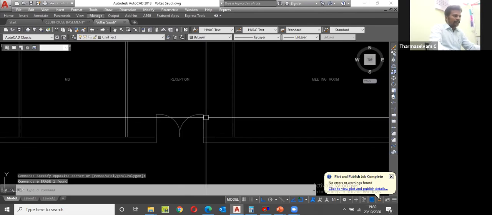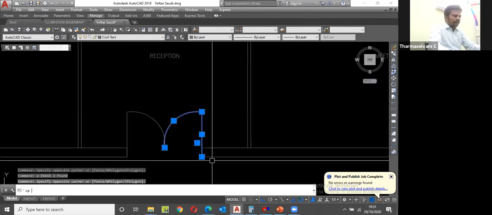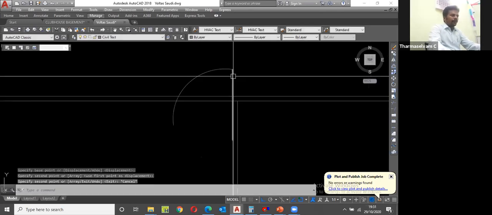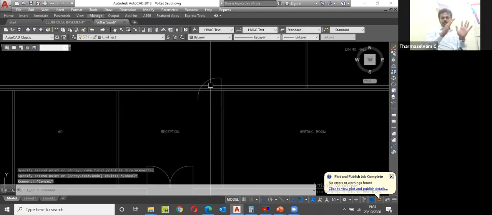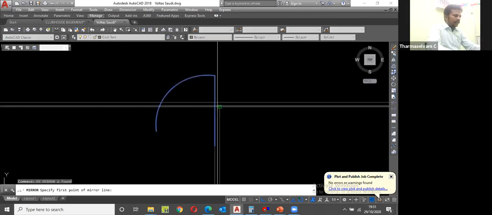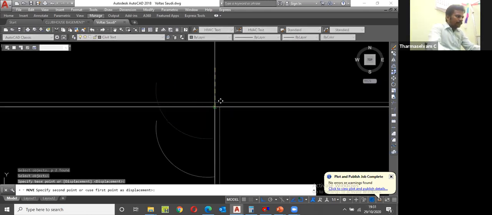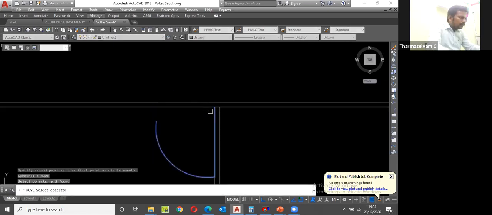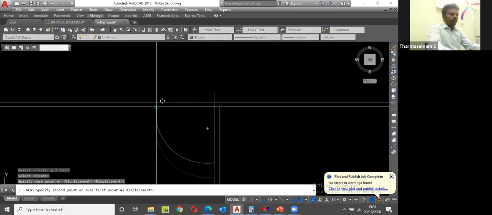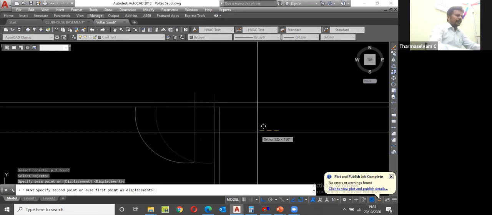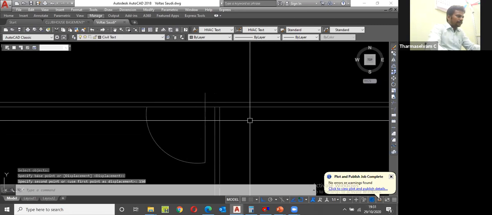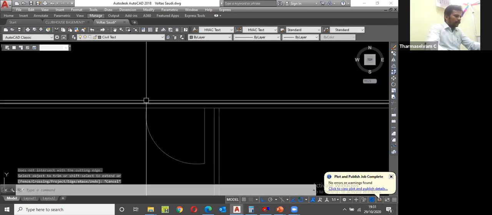Now I'm going to copy this door. Copy single door. This door I'm going to place here. Okay, when you open the door, that door should be adjacent to the wall. Rotate or mirror. Mirror like this. Yes, enter. Move this object to here. Maybe this is the length. Move 150 mm from the wall. 150. This is the standard. Trim this line. Okay, move to the outer wall. This wall. Trim this line. In between wall lines, you go to trim.